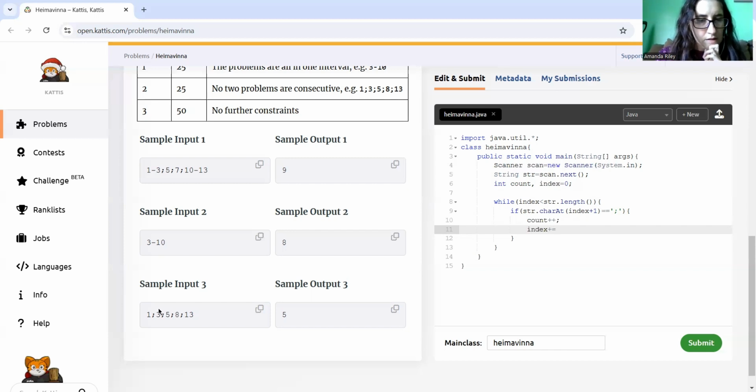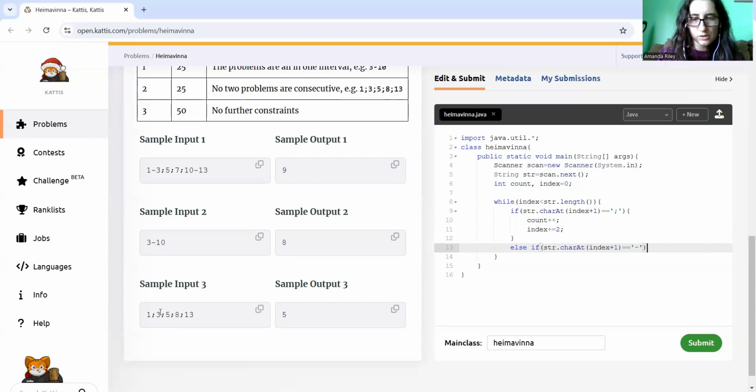Because say for this one, we're at zero and the next character is a semicolon, so we want to add one to the count, and then we want to move to index two. So yeah, index plus equals two. And then else if char at index plus one equals